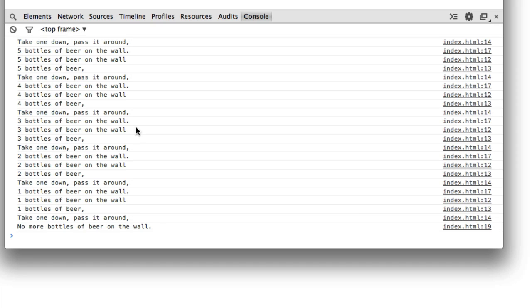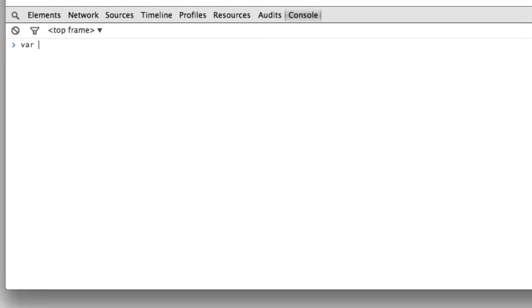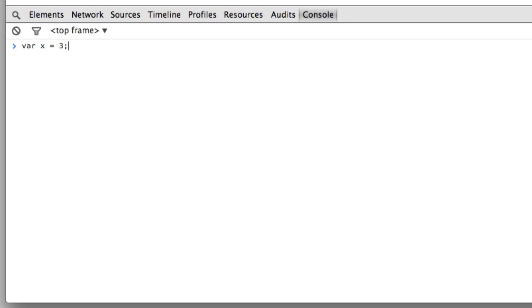I'm going to clear the console, and in Chrome, you just click on this little button up here to clear the console and make all that stuff go away. So first I'll declare a variable x and set it to 3. And again, you'll see undefined, meaning that's the value of the statement, but the value in x is set to